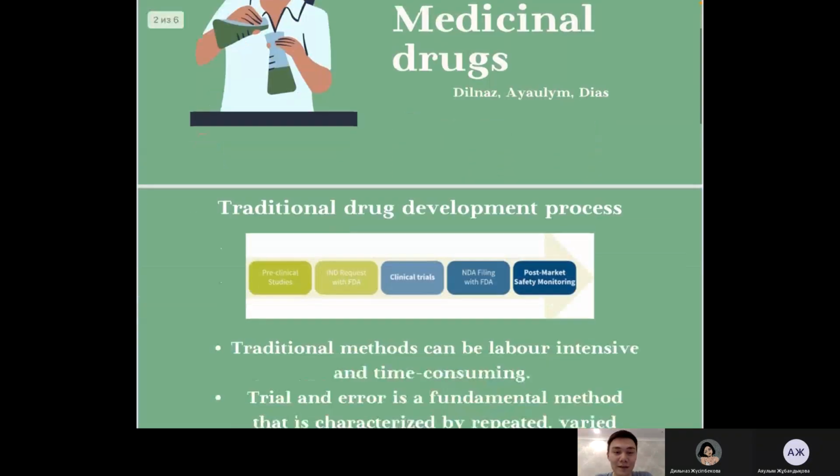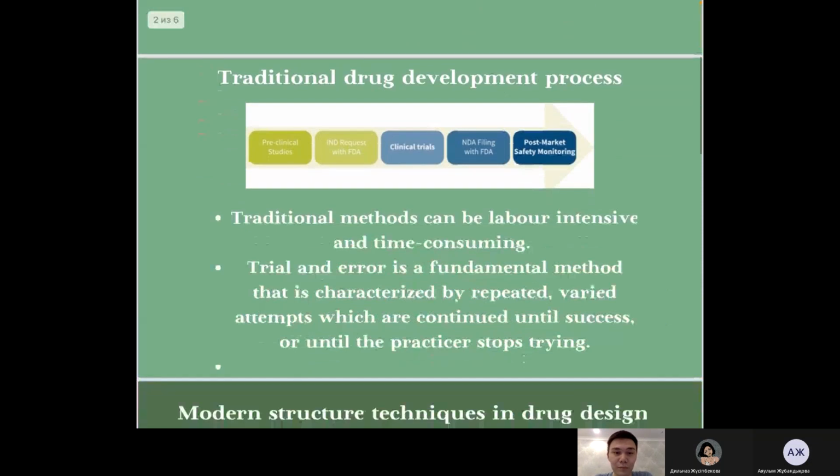Okay, hello everyone. Today our topic is medicinal drugs. So we're going to talk especially about modern techniques of making drugs. Before we start talking about modern drug design, I would like to say something about the traditional drug development process